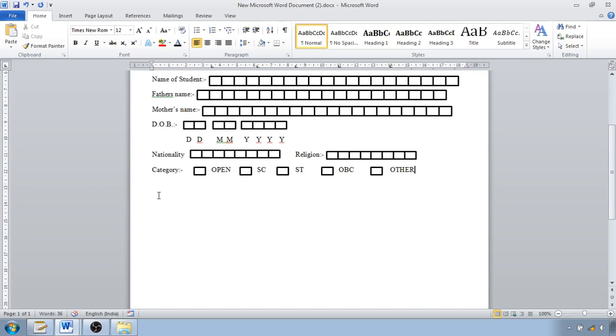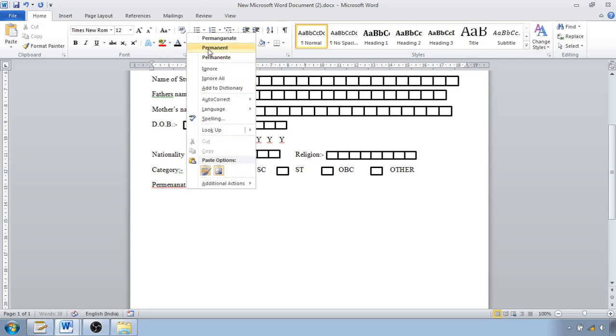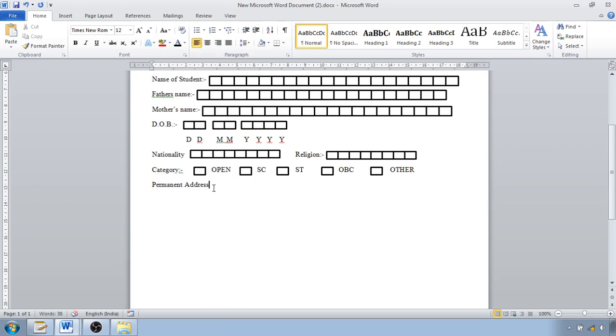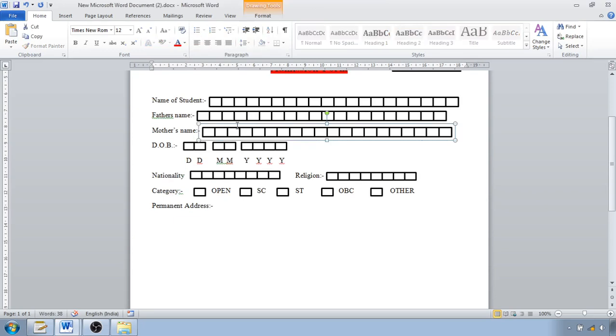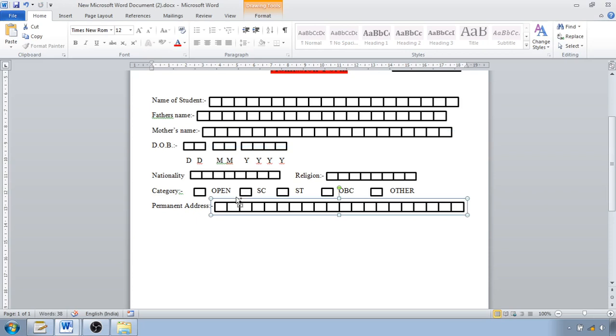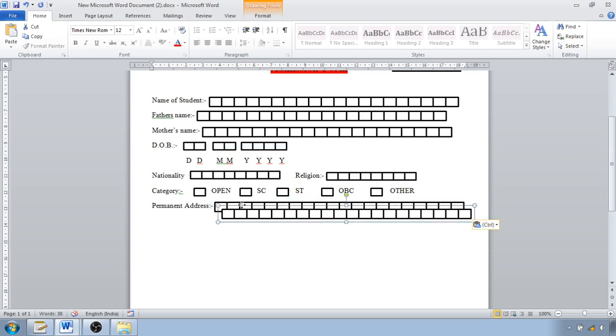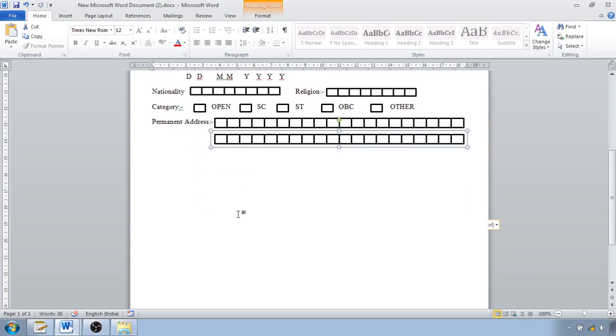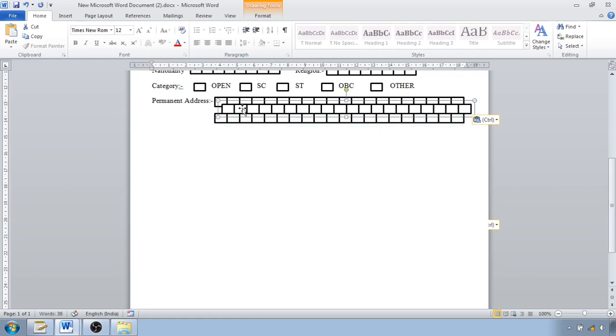Next one is for the permanent address. So click over here, permanent address. If you are making some mistake, then it is going to give you an option, so you don't worry about the spellings. Now permanent address, I have to give some more space, Control C, Control V, and I will put over here, and again Control C, Control V, and I will give the two lines over here. You can give one more line if you wish,